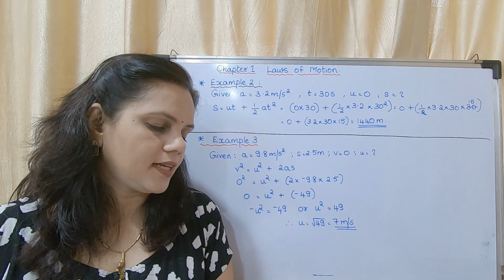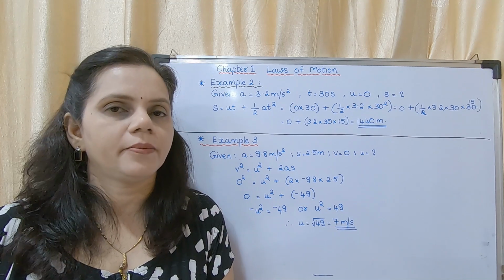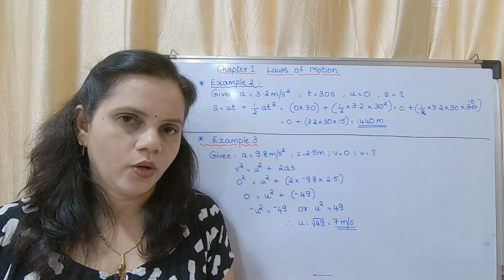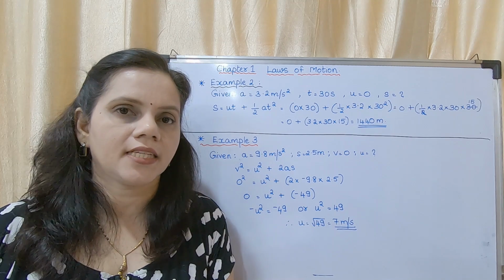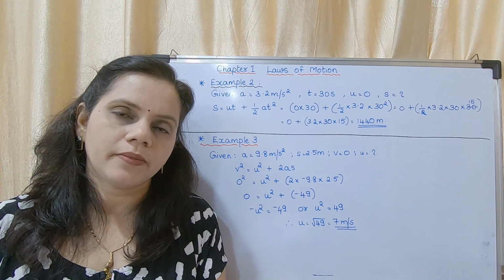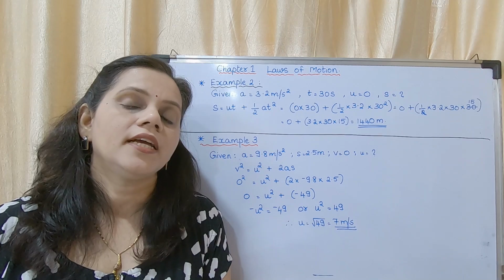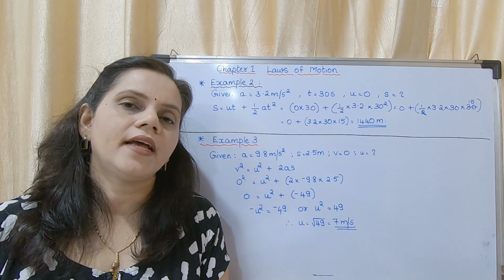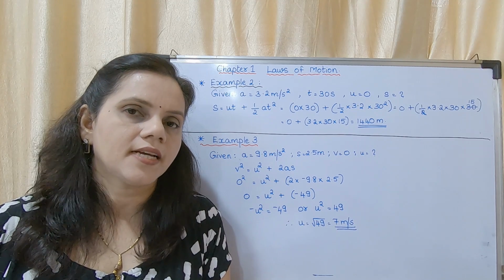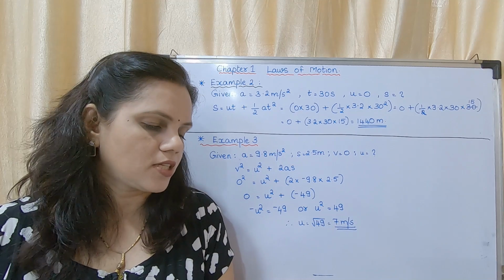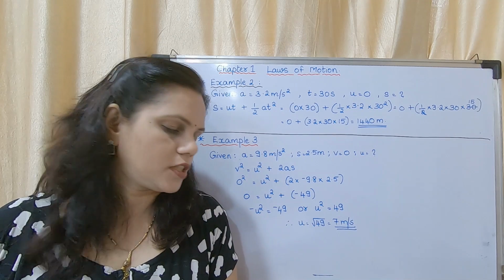Why is initial velocity taken as 0? Because it is starting from a position. As it is starting from rest, its initial velocity is 0. Okay, so this we had discussed when we studied about acceleration, in the second lecture. When an object starts from rest, its initial velocity is 0, and when an object comes to rest at the end, that means its final velocity is 0. Okay, so here the initial velocity is 0. Now what do you mean by taxis? Taxis means it moves.